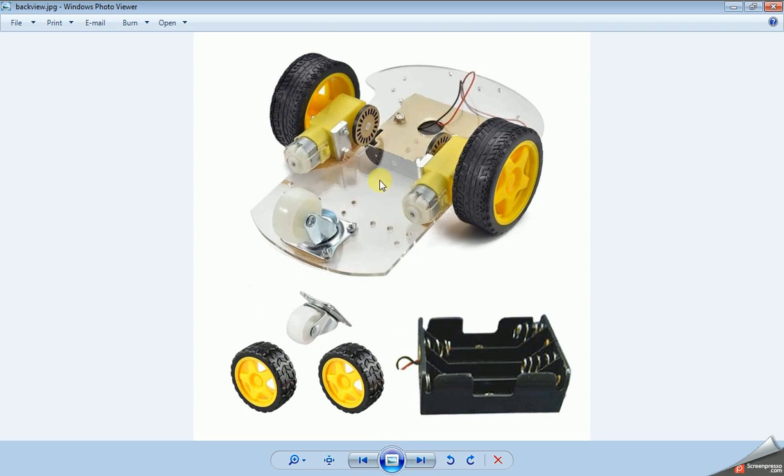This is the bottom view of the robot. The left motor is connected to the left wheel, the right motor is connected to the right wheel, and in front there is a free wheel to move freely.